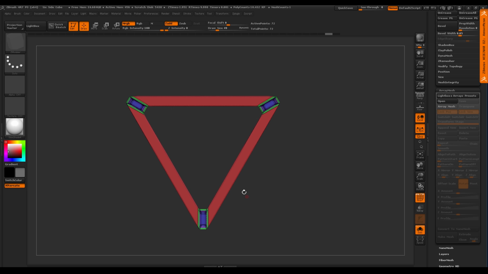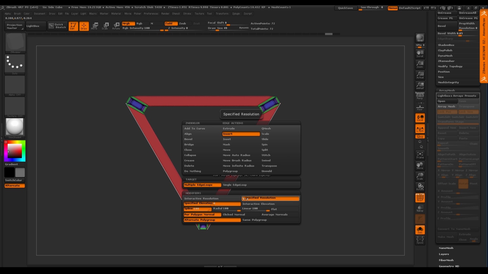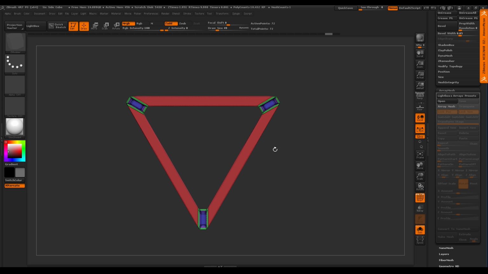So I'm just, again, holding this. I'm over an edge, holding the space bar. I've got insert, multiple edge loops, and I'm just hovering over here, and you can see my thumb is still on the space bar, and I'm changing it to 1. And now when I tap, that's dead center of these faces here. So this becomes a huge advantage for me. Number 1, every time now I know I click, I'm getting the center point here.